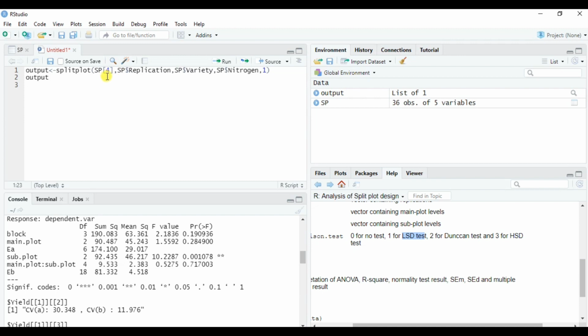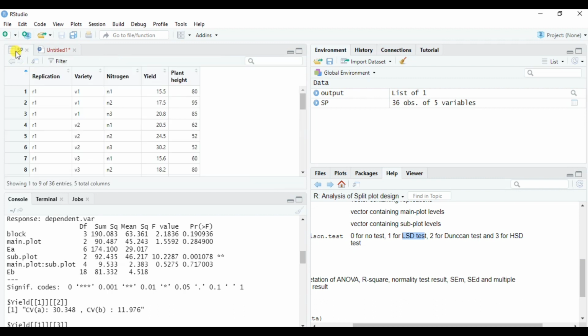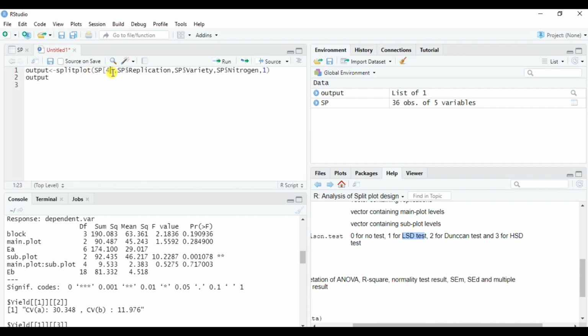I had written 4 here just because the yield was located at the 4th column. Now I want to carry out analysis for yield as well as the plant height. Plant height is located on column number 5. So 4, then colon symbol, and then 5.